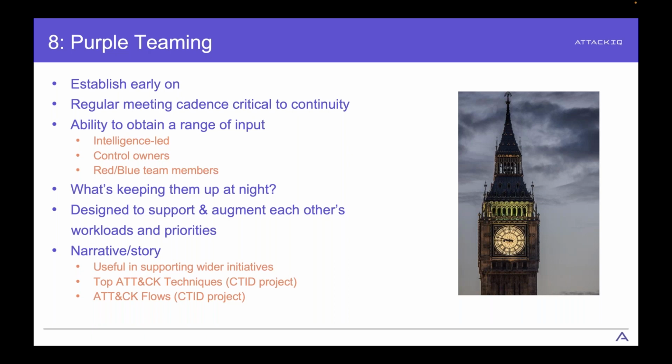As I mentioned before, the key security goals and objectives will likely come up in these discussions, and it's a great chance to discuss and review them at a lower level. It's also important to remember that these meetings are designed to support and augment each other's workloads, right? So ultimately working towards a common goal, having that visibility and transparency. I mentioned before, it's also another great way to break down barriers at the operational level. And lastly, these meetings will help in understanding the narrative or story that you're trying to tell higher up the chain, maybe to the C-suite or the general security leadership team.